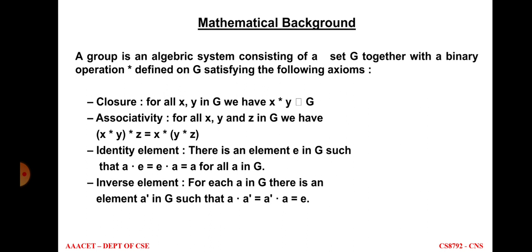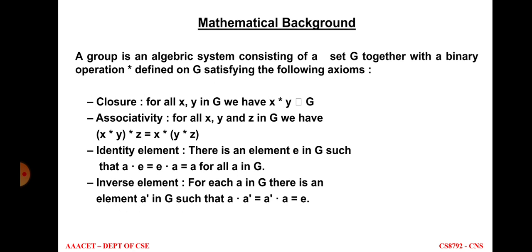So what are the mathematical backgrounds for elliptic curve cryptography? Because elliptic curve cryptography mainly involves the elliptic curve. So to draw an elliptic curve, we need to know what the quadratic equation is, what the base point is, what the pair is, and we have to know a lot of properties and theorems. So it requires some mathematical background. We will see what they are.